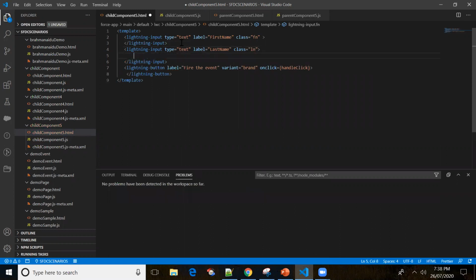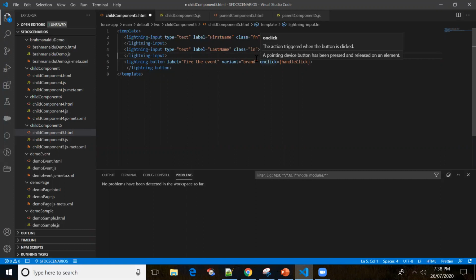Since we'll be getting the value through the query selector, that's the reason I'm providing the class. You can get the value even with the help of event, event dot target dot value. So basically you can find the label. If it is first name, then you can create one variable and set the value. If it is last name, then you can set the value. But in this example, I'm going with query selector.